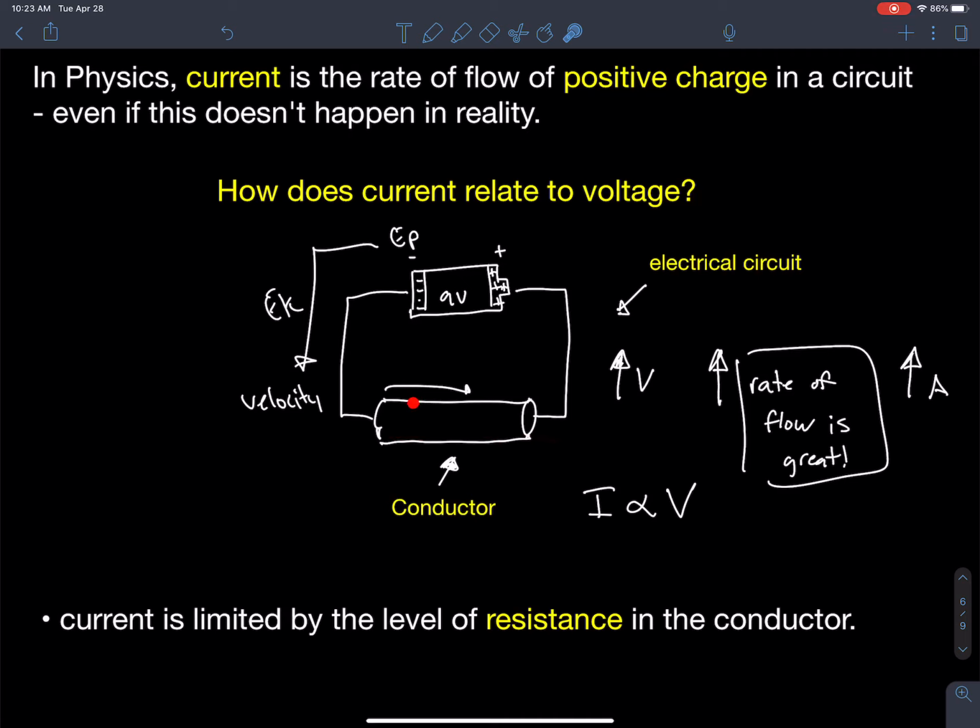If I plug wood in there, wood holds the electrons, the atoms hold the electrons too much, and there'd be a high resistance to the flow of electrons. But if I put a conductor in there, electrons will flow very easily. And when I plug a battery into a conductor, what I'll be generating on either side of the conductor